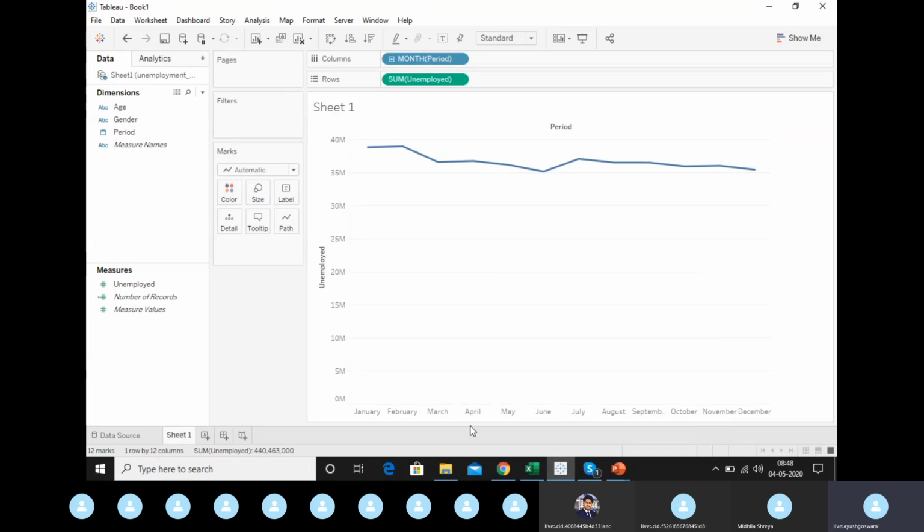But the thing is, for every month, what Tableau has done is summed all the values for January. So whatever Januaries were there from 1995 till 2016, it has summed all the values and pegged it here.